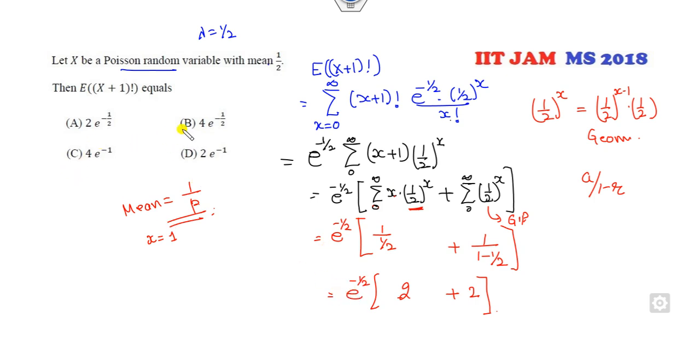Is there any answer? Yes. This is e raised to power minus half. So B is my right answer of the problem. There is one more method. If you don't remember that this is the GP series or the geometric distribution, I can take,